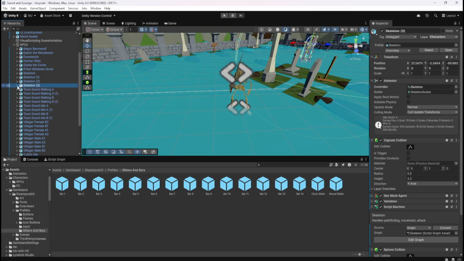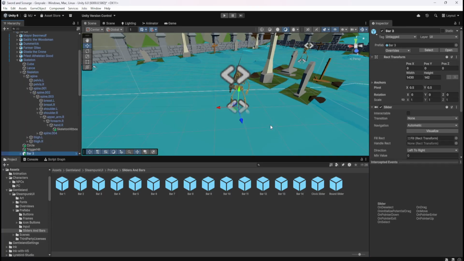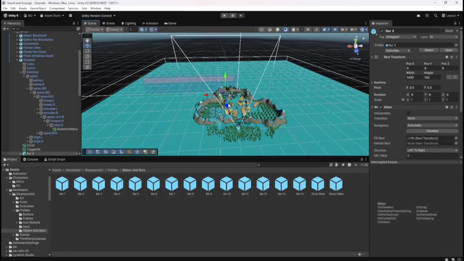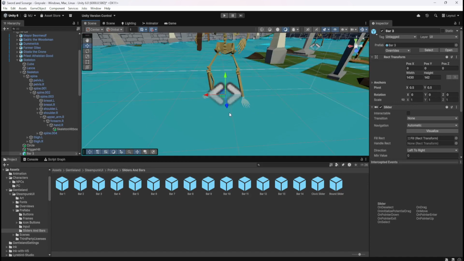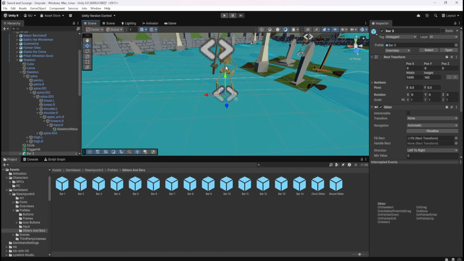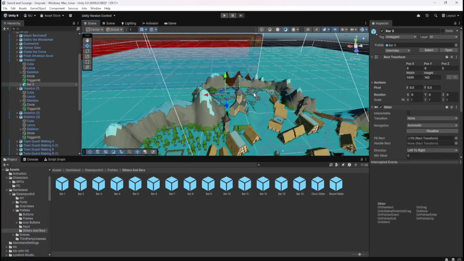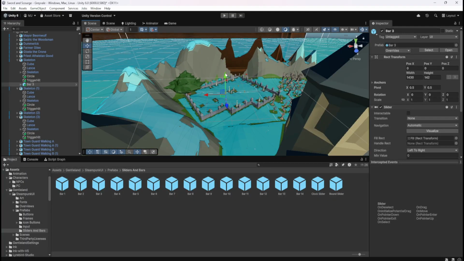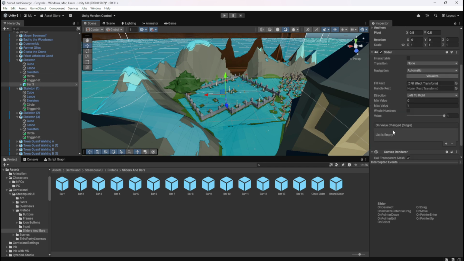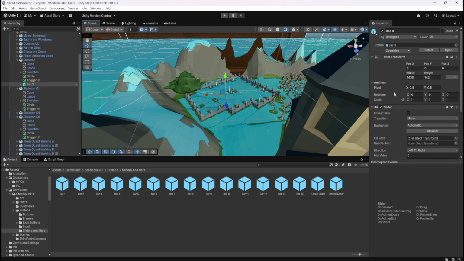Okay, let's put the bar 3 on the skeleton. Where is it? We want to put that above